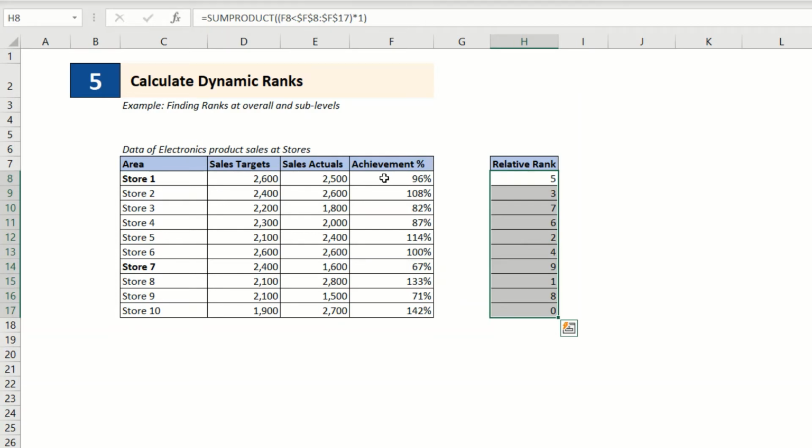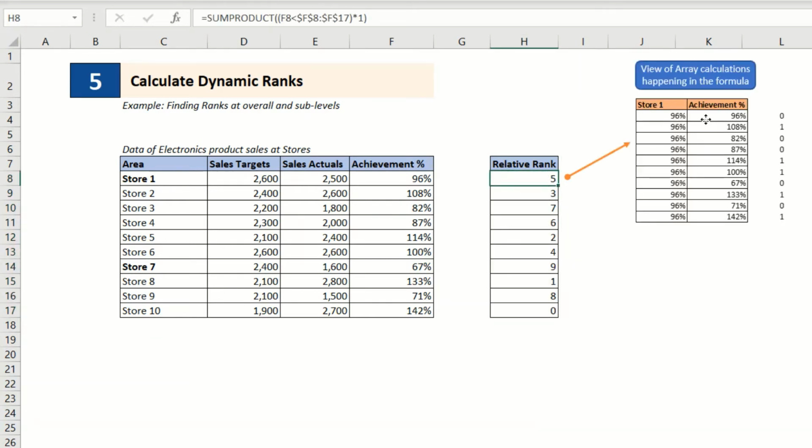Let's look at how this rank is being calculated and what is the calculation happening behind the scenes. Let's take this first example. Here in the formula, the value in the cell F8, which is 96%, is being compared with 10 numbers, that is the 10 numbers of percentage achievement. I've shown a visual on the right to showcase how that comparison is being done.